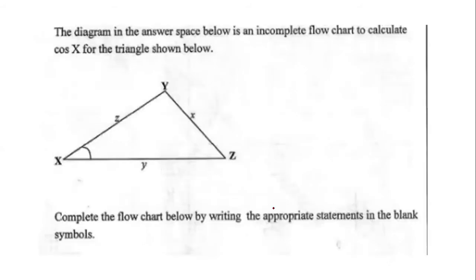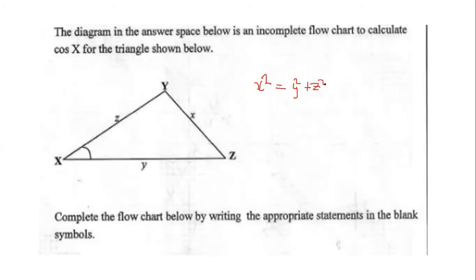Second type of question: the diagram in the answer space below is an incomplete flowchart to calculate cos x for the triangle shown below. Like I said, you need to be knowledgeable about different subjects and their formulas. Here we are talking about trigonometry. So if we want to find cos x, x squared is equal to y squared plus z squared